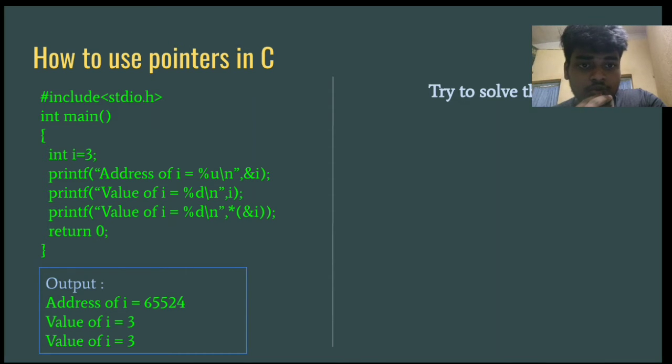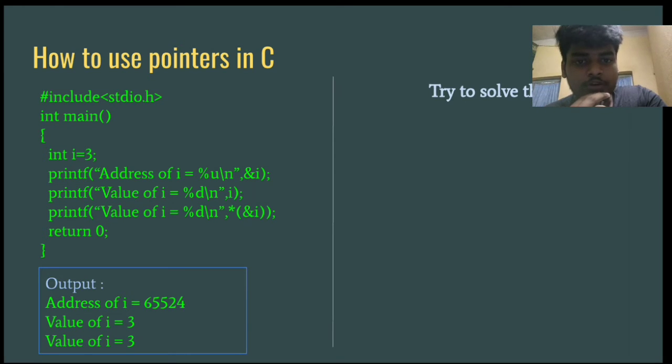So whenever you use the dereferencing operator, it will dereference that address and point to the value. It will get the value of that variable i. Okay, so here is the output. The address of i is 65524, which is randomly generated in your memory and is not fixed. The value of i here is 3, and the value of i also here is 3, because we use the dereferencing operator to point to the same value. Okay, and later on